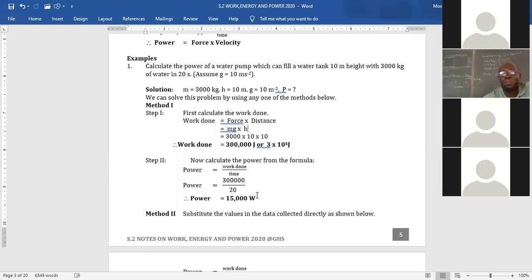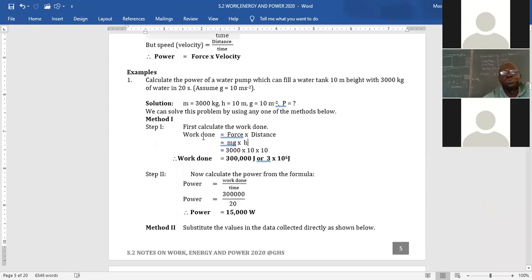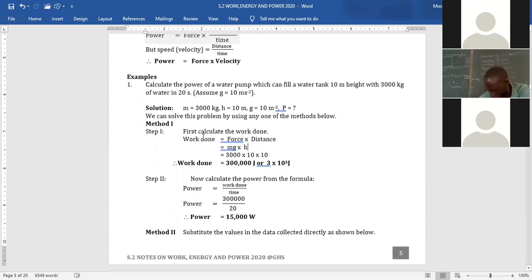Does that make sense now? Yes. If they ask you, what is the unit for power, you say watt. You are done. Whether you made it or not, it is okay. So the unit is a watt. That is it. Have we understood, girls, how to answer that question? Yes, teacher.